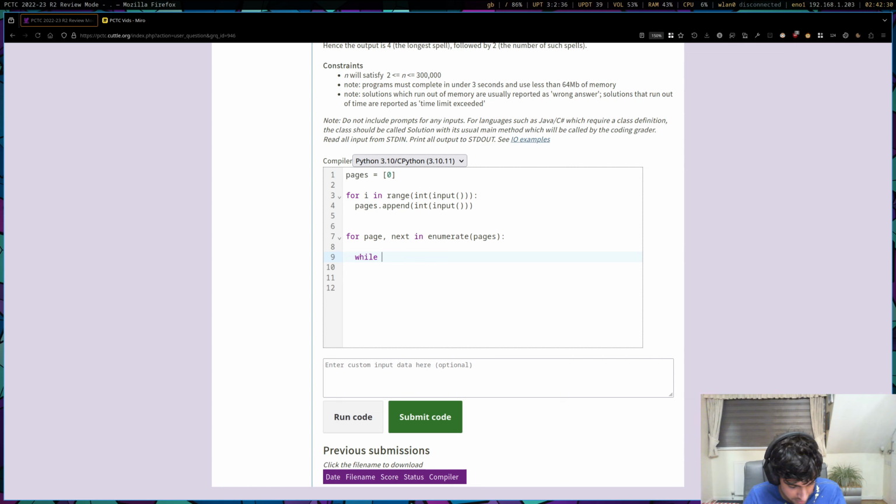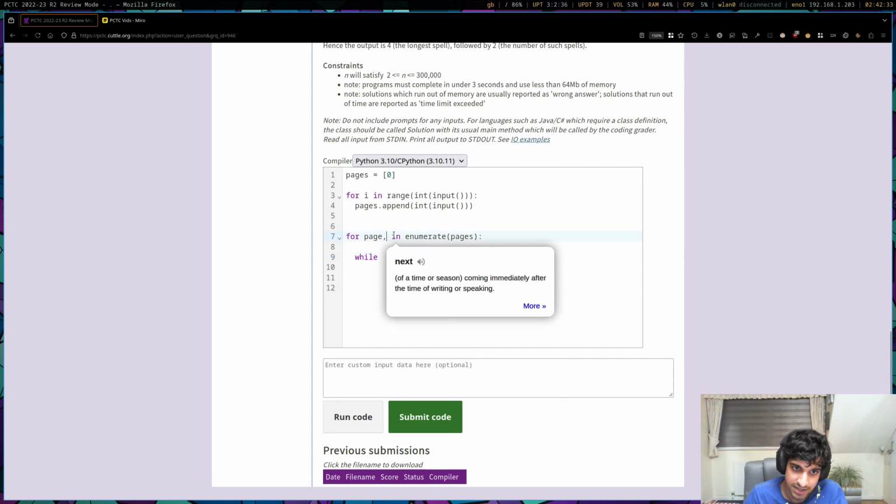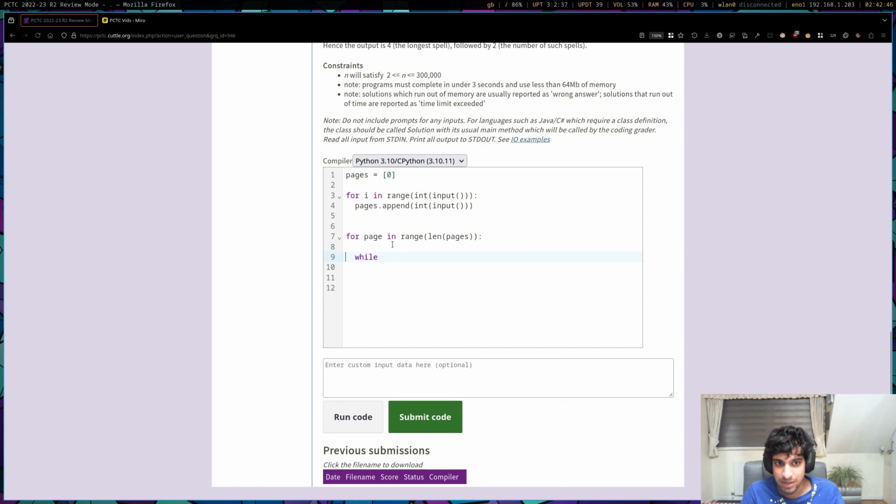Okay, so I don't think we will need next. There's no point having next. Let's scrap that. Let's do for page in range(len(pages)). The reason we're going to scrap next is because we're going to use the word next as a useful variable name. So let's say while the next page is not in